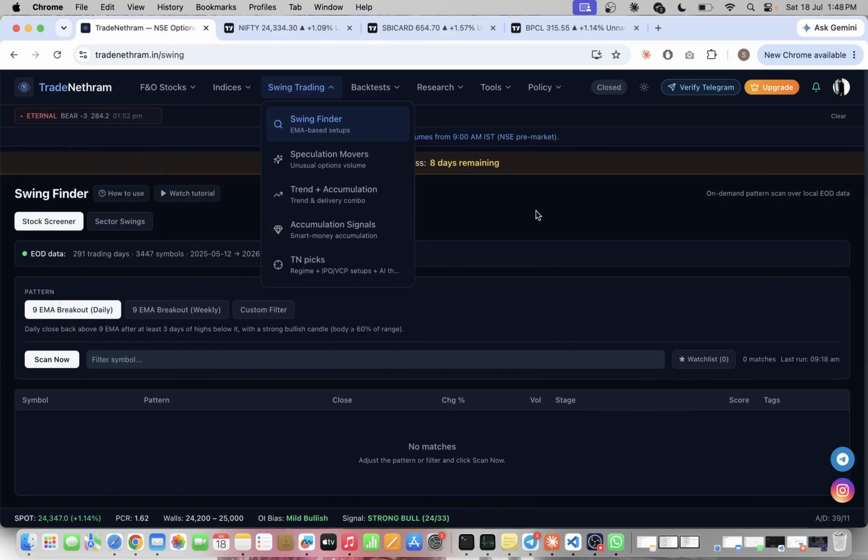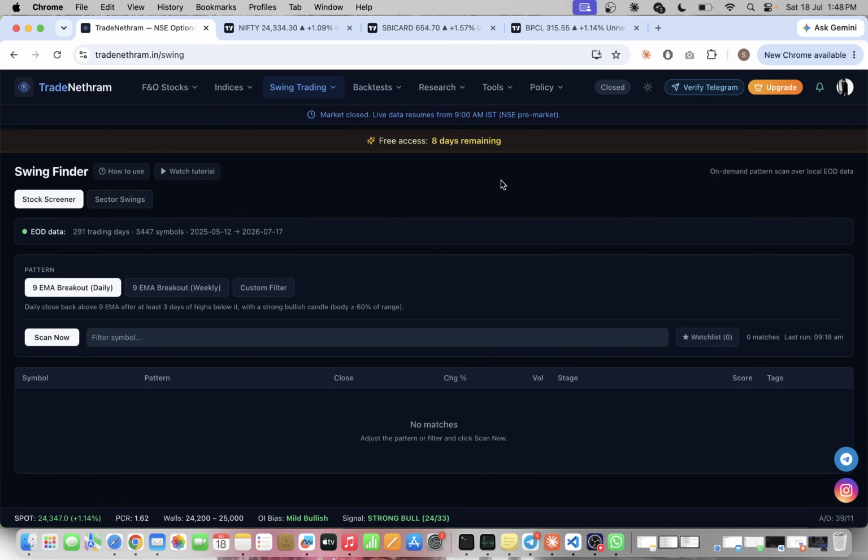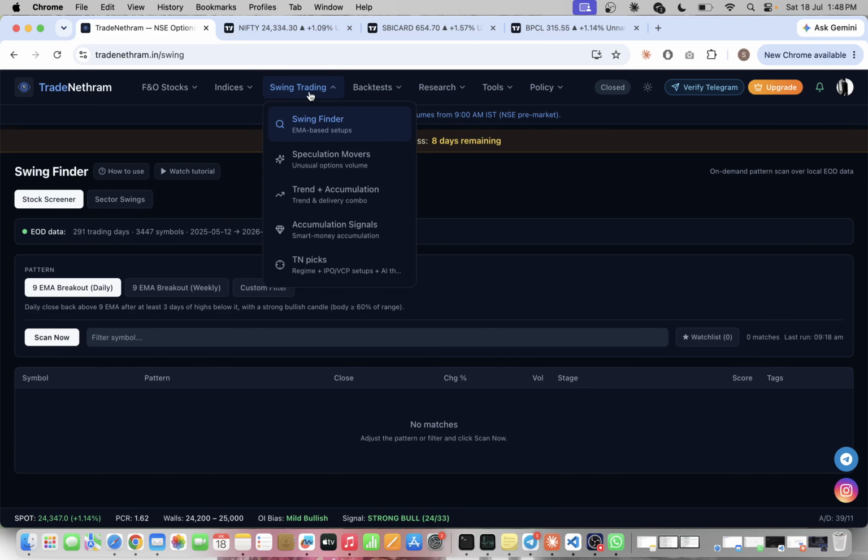Okay, people, we are going to talk about the swing finder section right now. We talked about F&O stocks, indices, and the deep research, right? Now, this is time for swing trading. So, swing trading, we have total 5 sections. One is normal swing finder and